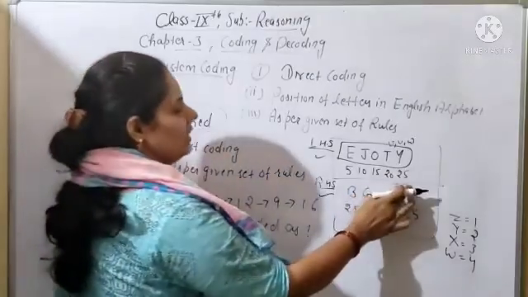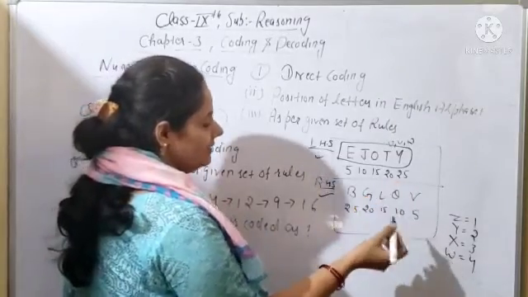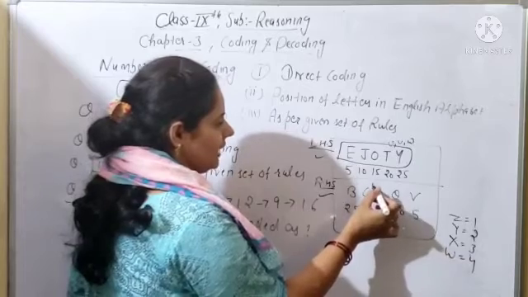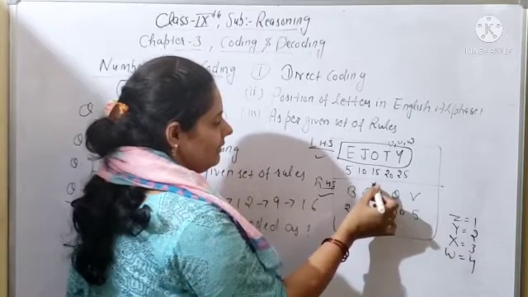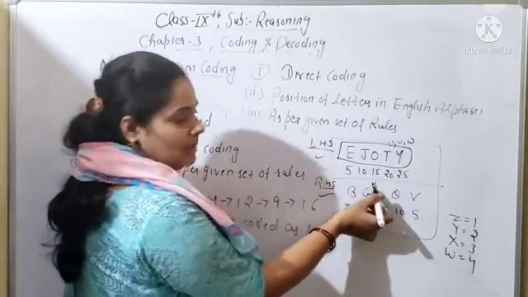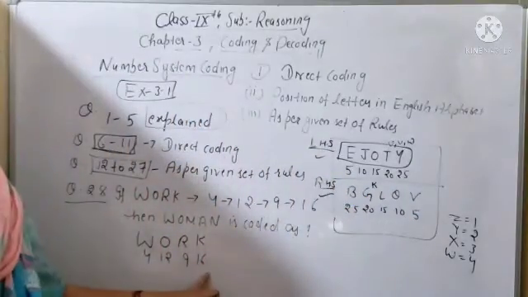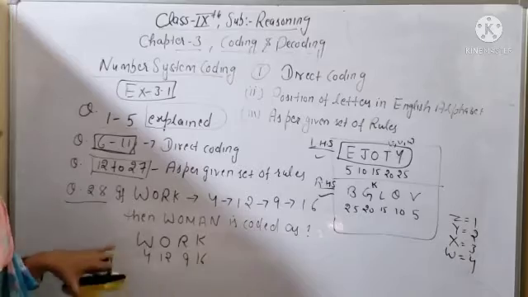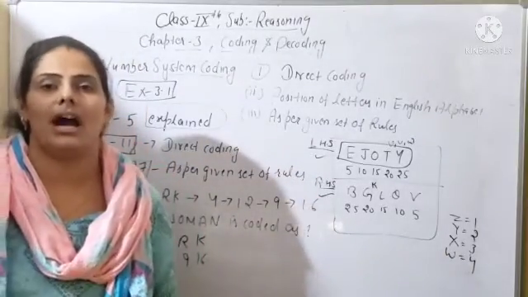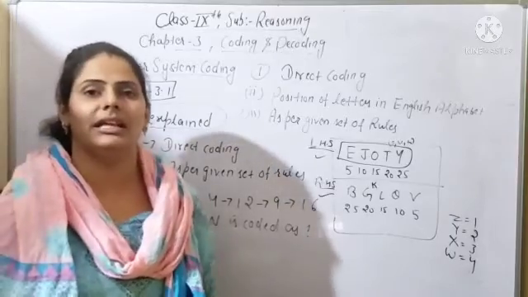So position of K also you will check. So J, K, L. So you have to check the position of K. So L will be before K. So here it is 15. So what will be the position of K? So it will be 16. So position of K is 16 from the right hand side. It means all the positions of the letters W, O, R, K are counted from the right hand side of the English alphabet.